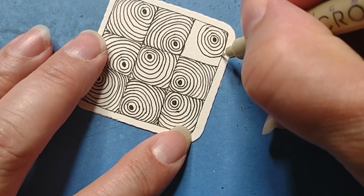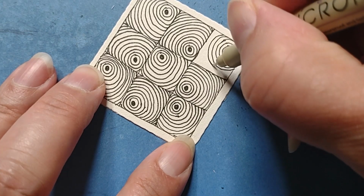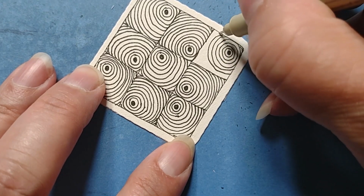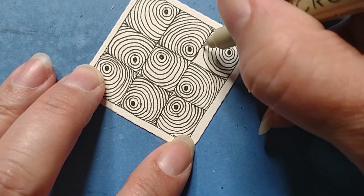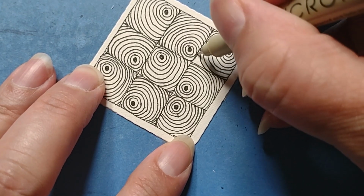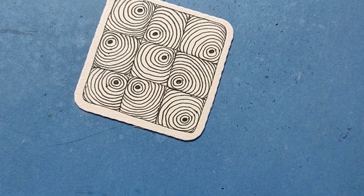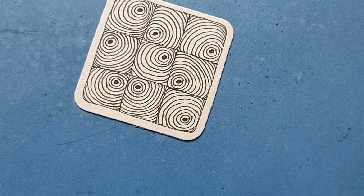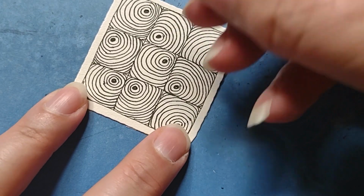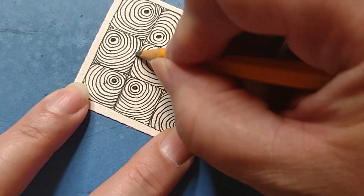All right. And then as I'm doing this, I'm thinking about shading at the same time. And I think what I'm going to do is just shade along the grid lines. And you see, I think it ends up having a kind of neat look if your lines aren't necessarily straight. It lends to that hypnotic feel,